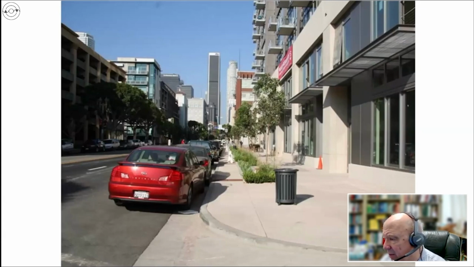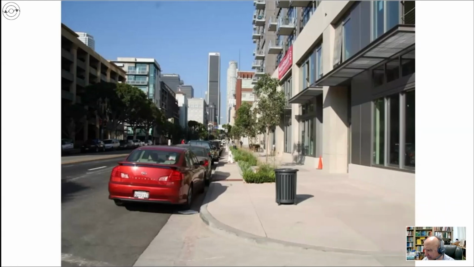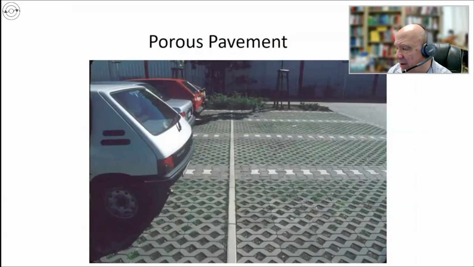That provided $500 million to build stormwater solutions. It was funded by a bond issue. And so you can Google Proposition O if you want to know more about the kind of things the city of LA built. And so here's something that we can build when we don't have much land.